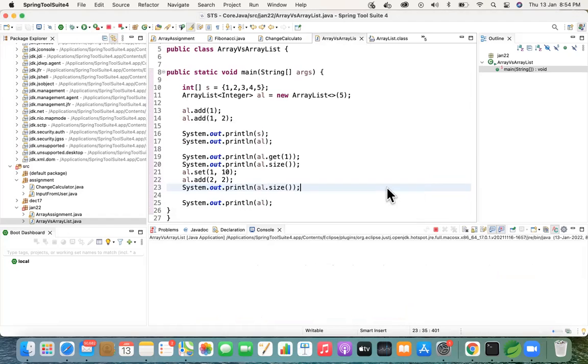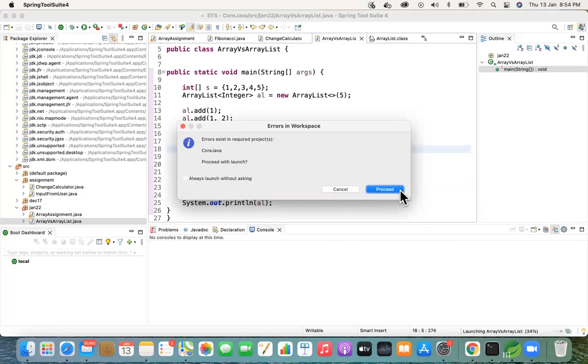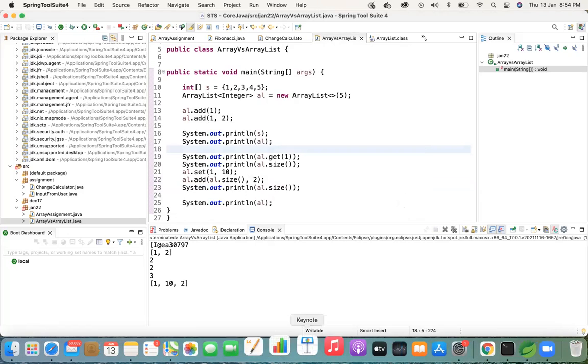Every object will have its specific index position, then the data and the address position. Though you have created an array list with an initial capacity, that is not considered unless you add an element into that list. Though you have 10,000 entries of capacity, it will not be considered. Whereas in your array, if you check the size of your array, it will still show you 5.